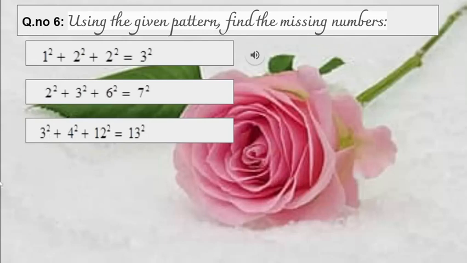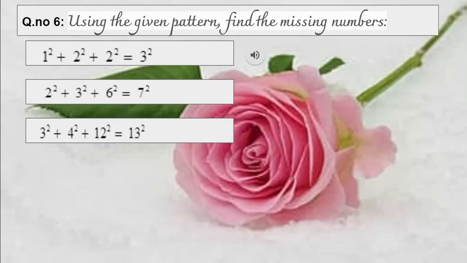The second observation is that the fourth term, meaning the result, is 1 more than the third term. We can divide it into 4 terms. So 1 square is the first term, 2 square is the second term, then the third one is the third term, and the result we can write as the fourth term. Then you can see the pattern. Here the third term is 2 square, isn't it? Then the answer is 3 square, meaning the fourth term is 1 more than the third term. Same way, the last is 6 square, then the answer is 7 square. 12 square, then the answer is 13 square. Isn't it? So that is the second observation.